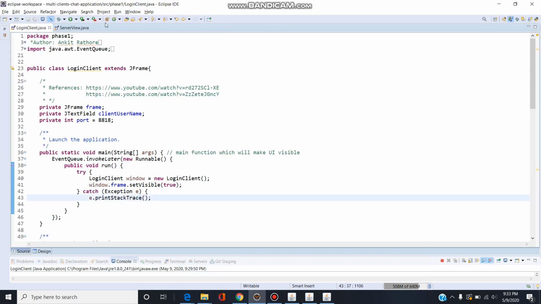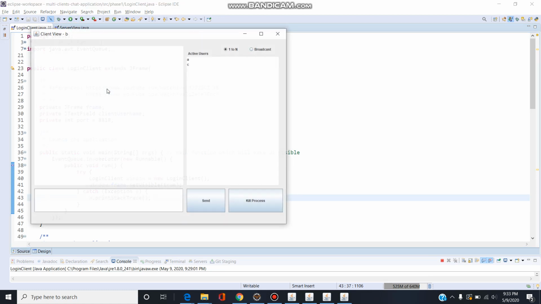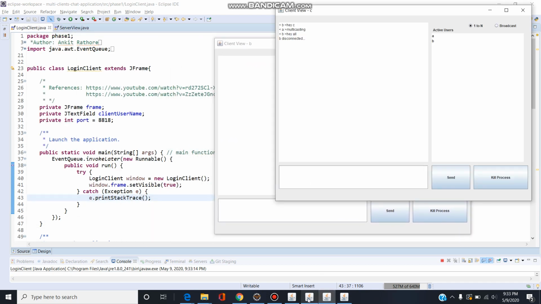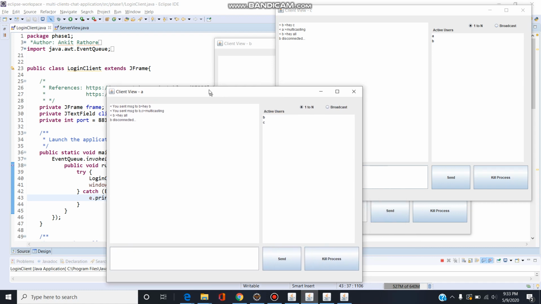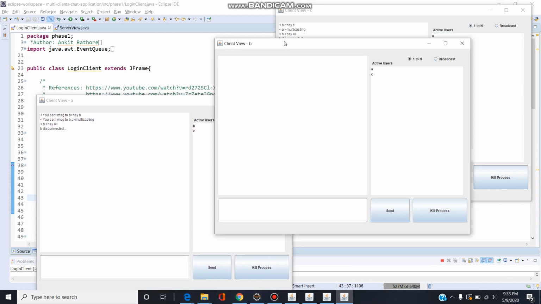Let's create the user again. Let me create B again. Okay, this is B, and I just ran out of space, that's why I have to do it like this.